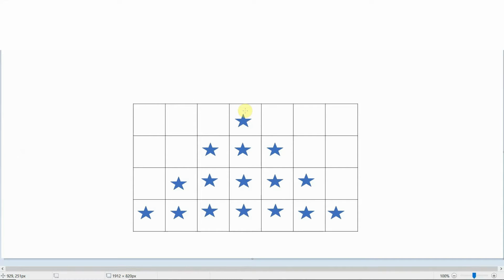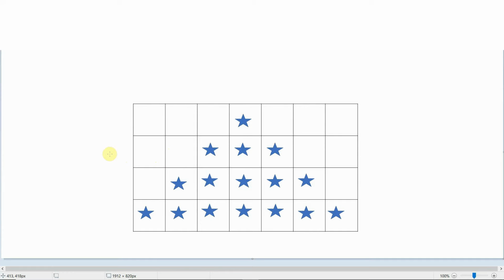There are two things for printing the triangular pyramid. The first is the number of spaces required before a star, and the second is that for printing the stars we are accessing them by row. We are not accessing by columns, we are accessing by row. So let's see how it works.